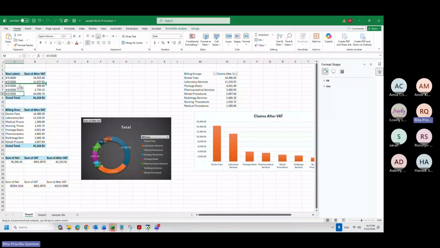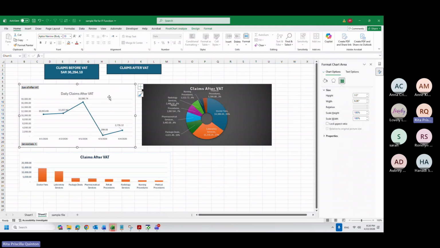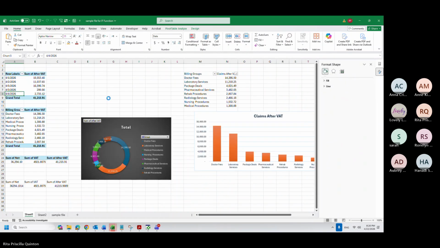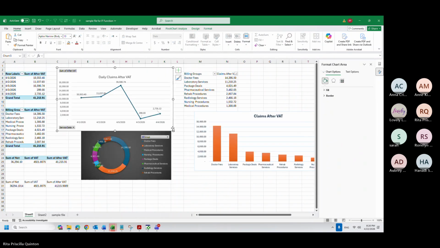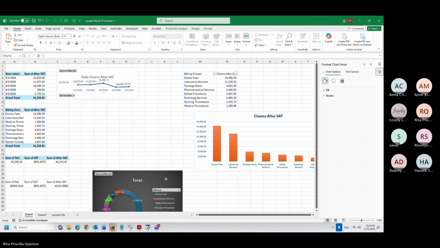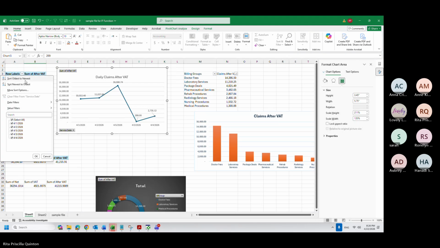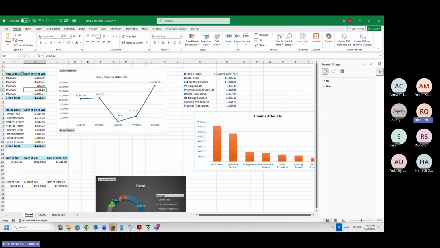If I put this in the middle, see what it did to my chart. I sort it from oldest to newest or sort it from newest to oldest. So anything we do on the table affects the charts. Okay.